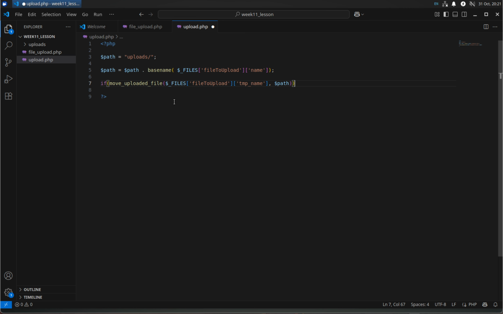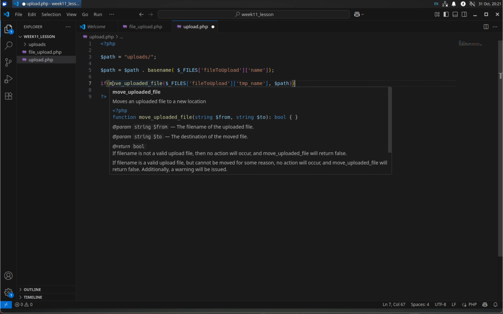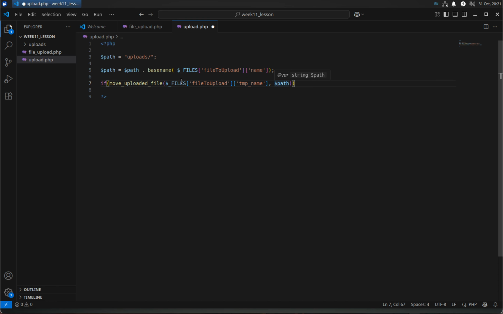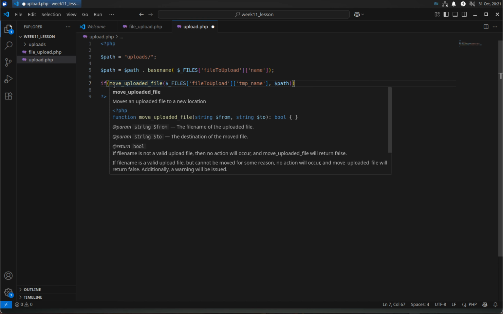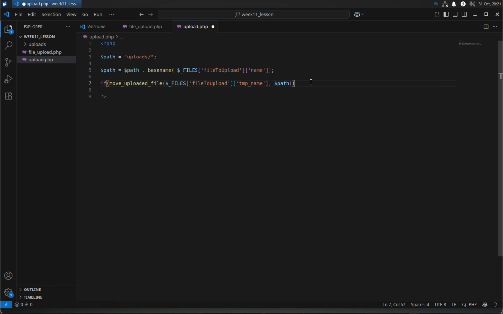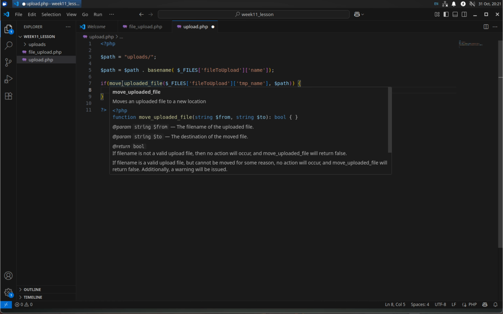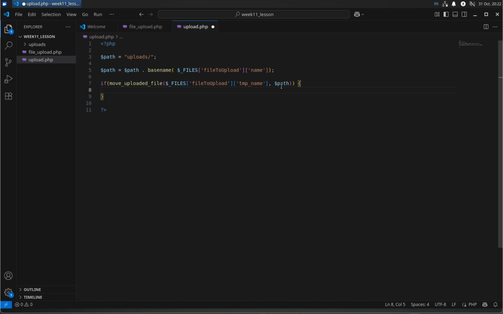Okay. So what that's going to do is move the uploaded file to the path. Why are we doing an if statement? Well, if you were in class last week, we talked a lot about what this if statement really means. It means, does this render to true? So if I move my uploaded file from the temp to the path and it works, it will render as true. And then this will happen, which is echo